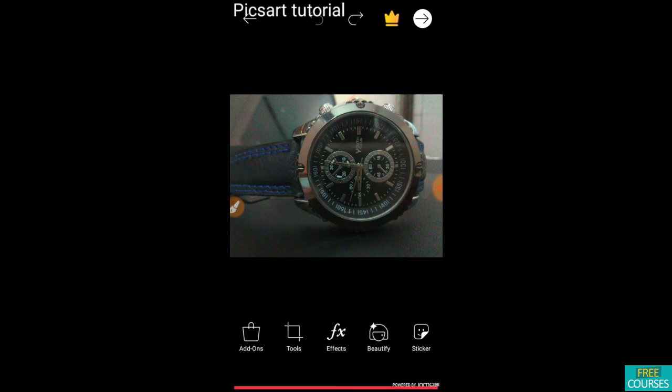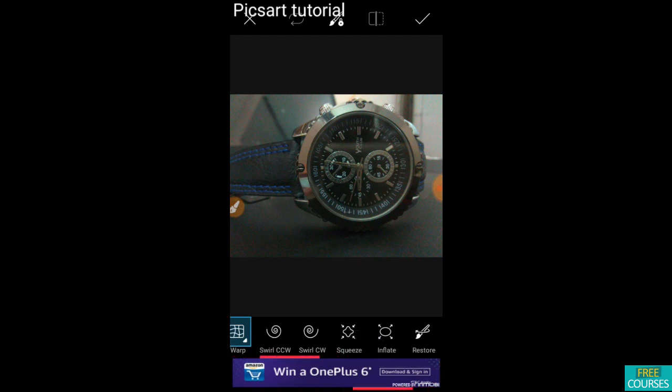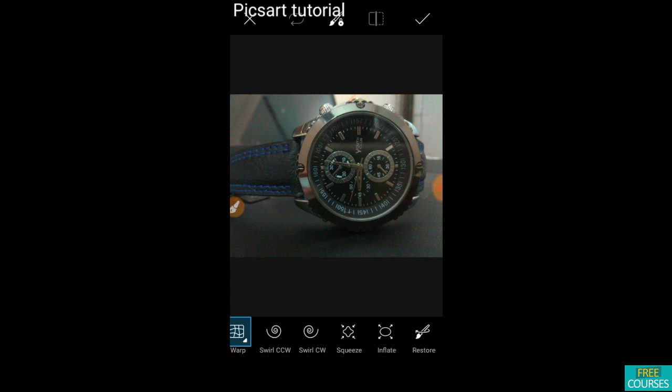Now coming on to the next, that is the stretch option. So stretch basically consists of so many options. Well, I don't use stretch that much, but if you are making funny images and funny video thumbnails, then you can use this option. Means, see,